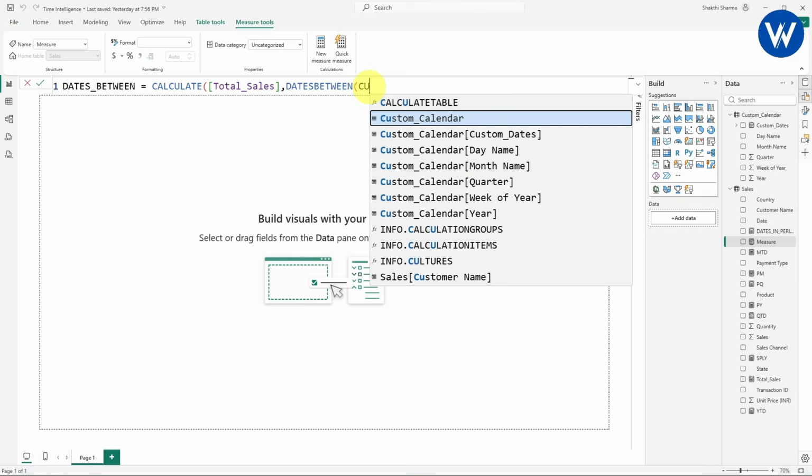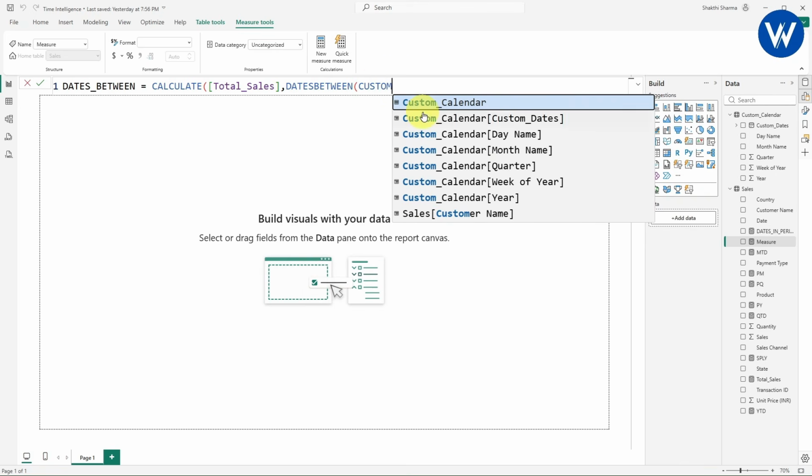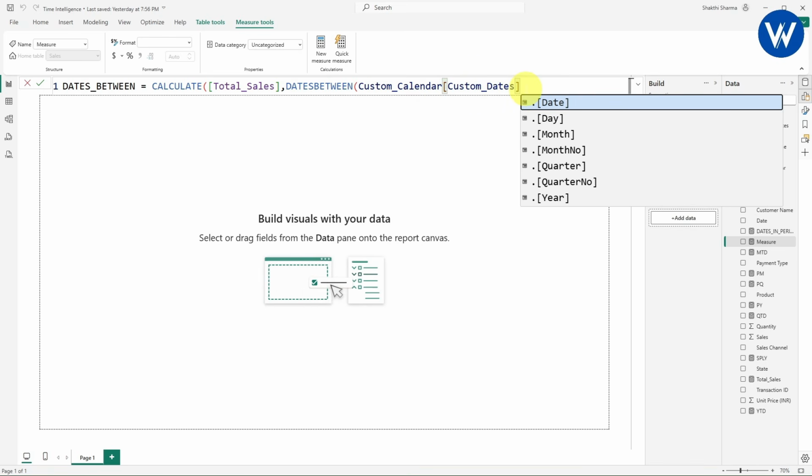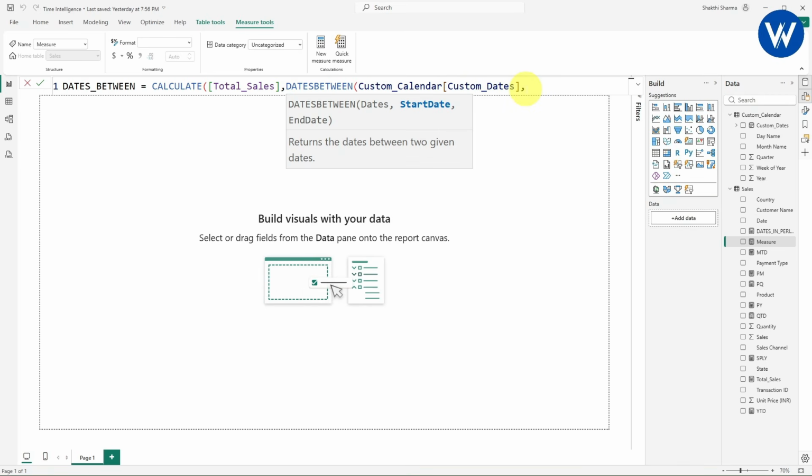Now give the column. The column is the custom dates column. Now comma, and give the start date and the end date. The starting date here I will be using is 24th September 2023. You need to enter it in double quotes. Close the double quotes, comma. Now give the end date. I want 30 September.